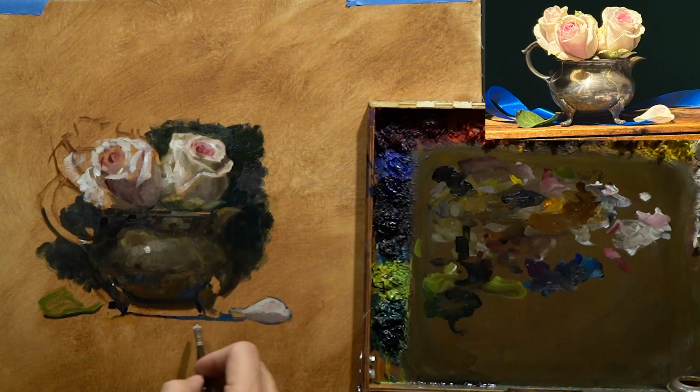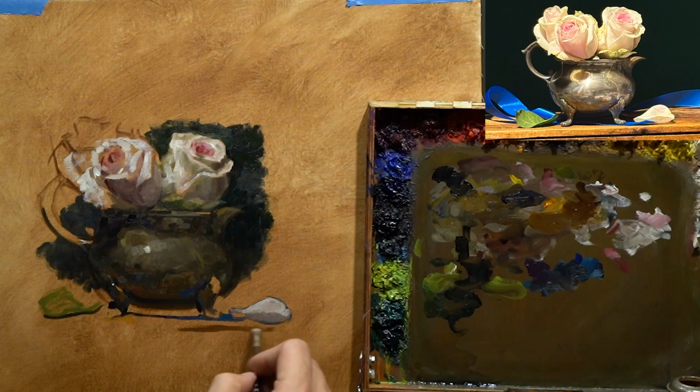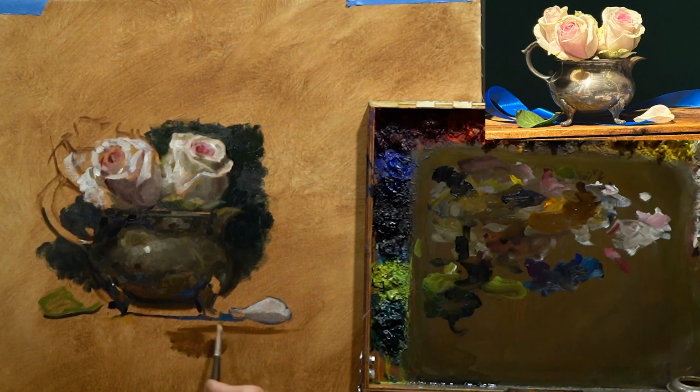So now that the roses are in, I don't want to just spend my whole time down there. I want to get a little more of the picture. And then I go back into the ground. So to get the